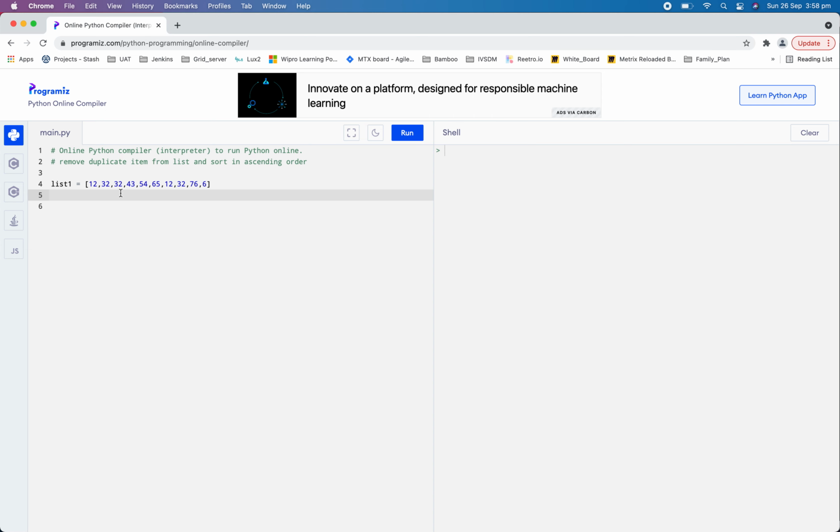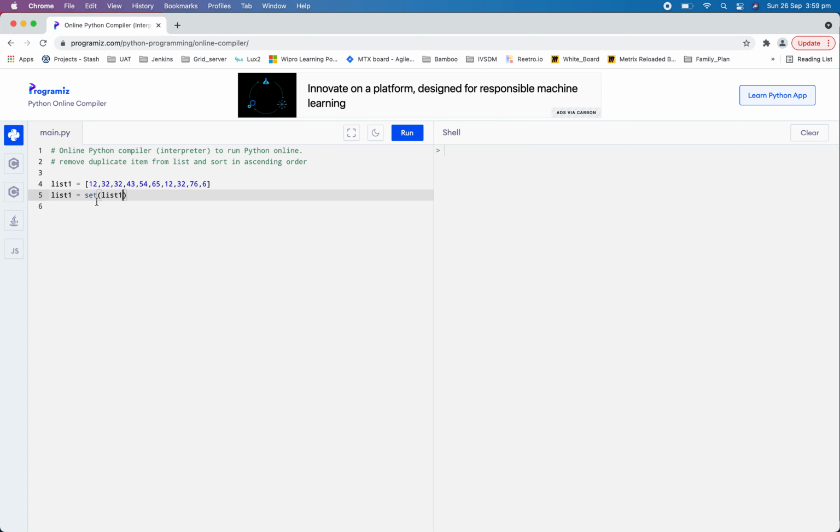So how are we going to do it? There can be multiple ways to do it. The way I have used is this. I need to remove the duplicate items from list1, so first I will convert this list into the set data type. The reason for converting this list into a set is that a set doesn't contain duplicate items, so it will help me do step number one, where I remove the duplicate items from this list.